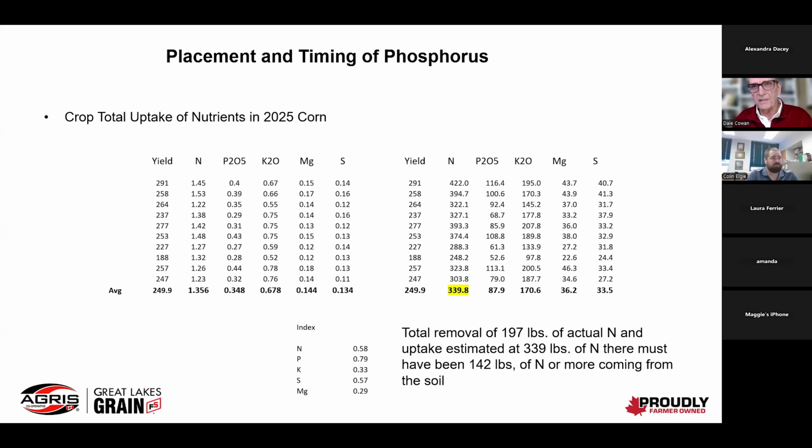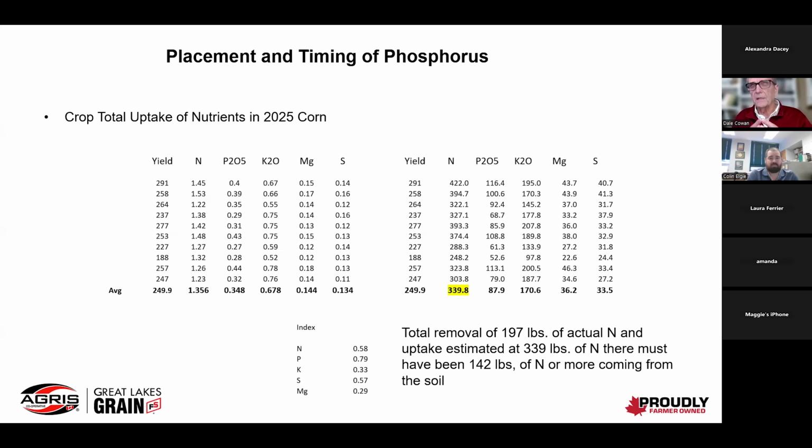Most of these plots had 190 N applied, so a lot of this nitrogen had to come from other sources, mainly mineralization. On average, these plots took up 339 pounds of nitrogen, 87 pounds of P2O5, 170 pounds of K2O, 36 pounds of magnesium, and 33 pounds of sulfur. That's what the plants had to find to grow the grain, stalk, leaves, and roots. Considering we had some pretty stellar yields, I happen to know that the 291 bushel field was